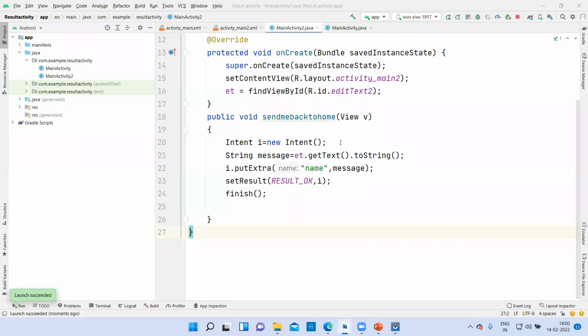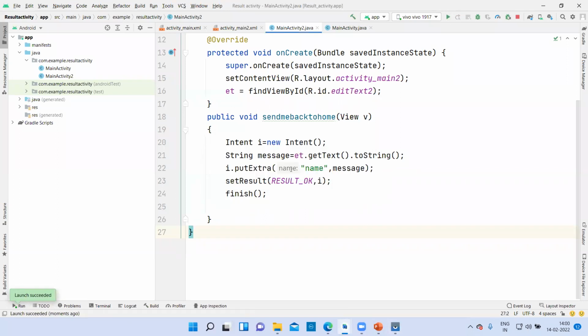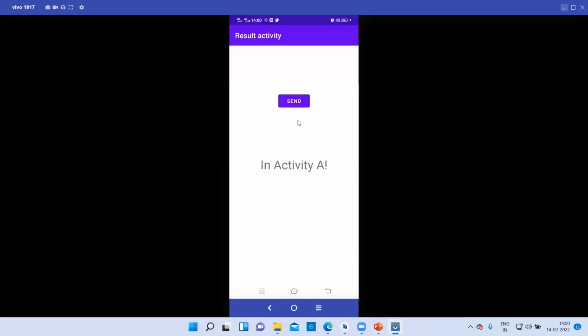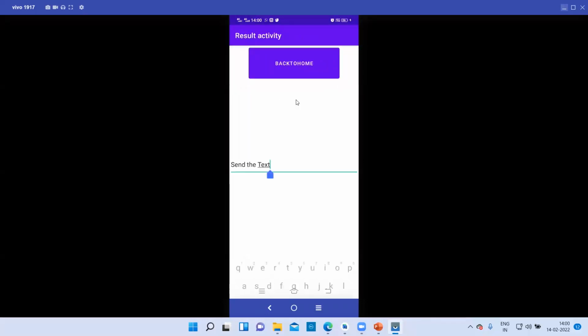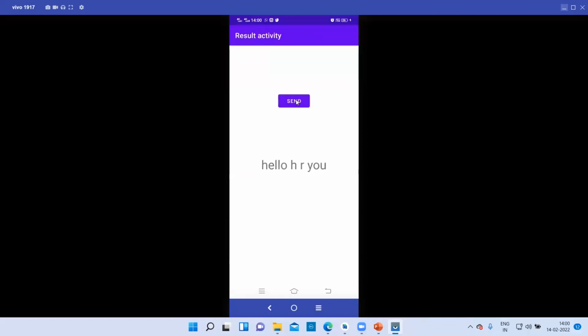Let me run it for you and show you my screen. It's there. If I press and send, now you can write the text here. Hello, how are you? And back to home, you'll see, hello, how are you? So this is how you will fetch the text from the second activity to the first activity.